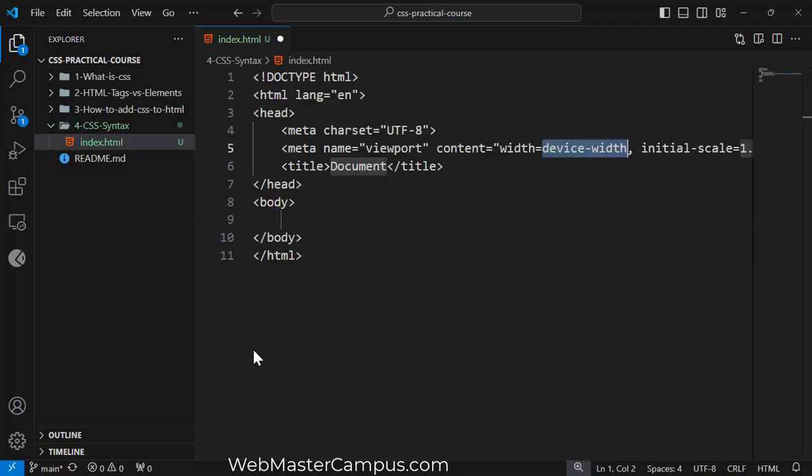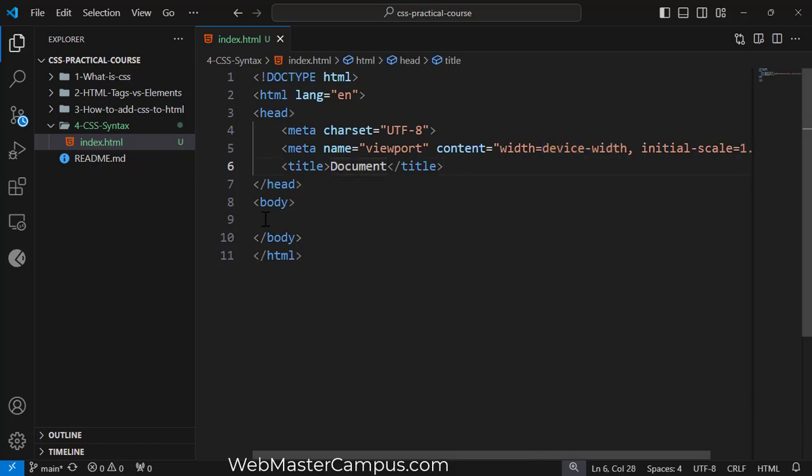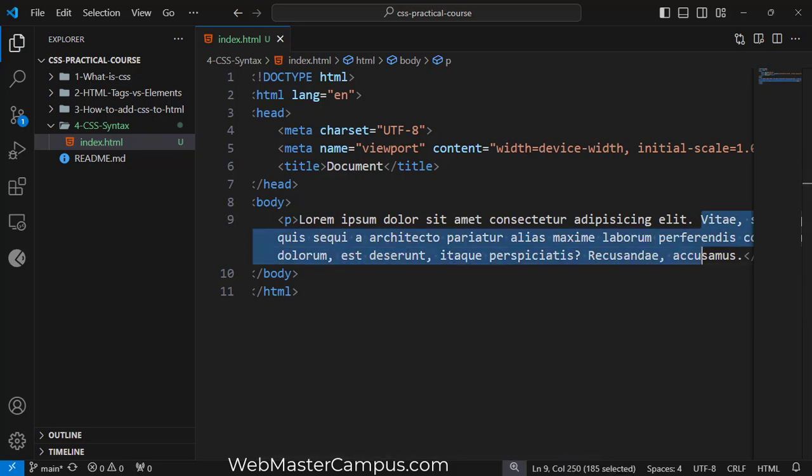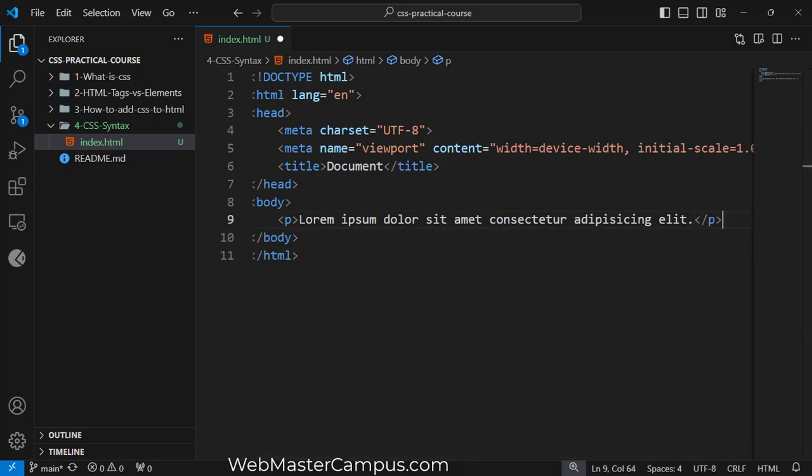I'm going to generate the HTML code. We should be good on that one. Then I'm going to create a paragraph tag. Let me write lorem and press the tab button. It will complete this syntax. I don't need that much text, so I'm going to move a bit of text over here and it should